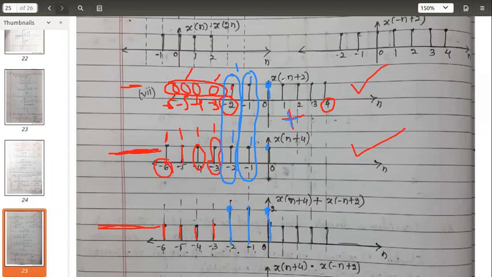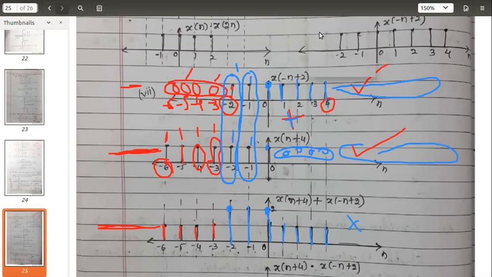Then check 1, but all other values on the right side, there is no signal. So you assume 0, zeros. So 1 plus 0, 1. Next 1 plus 0, 1. At 3, 1, 0, addition is 1. At 4, 1, 0, addition is 1. After 4, there is no signal here, so don't bother.